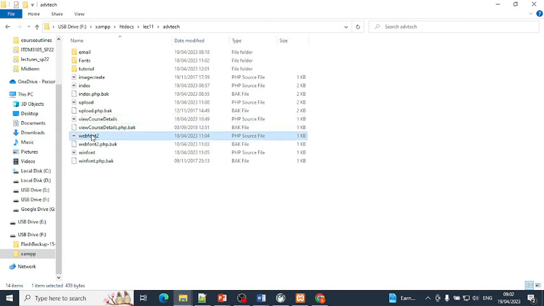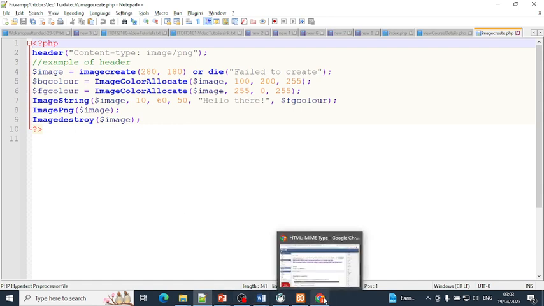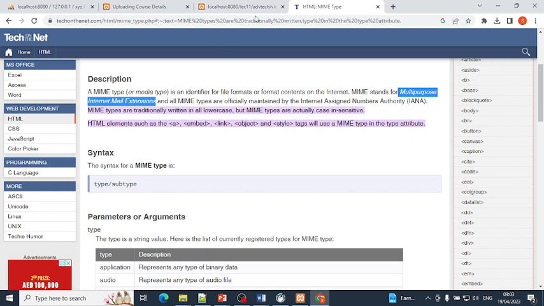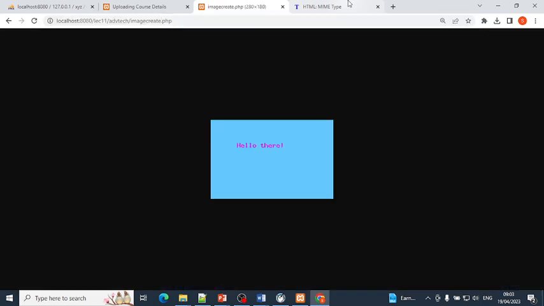I think this one, image create. Image create. Yeah, I'm creating the image